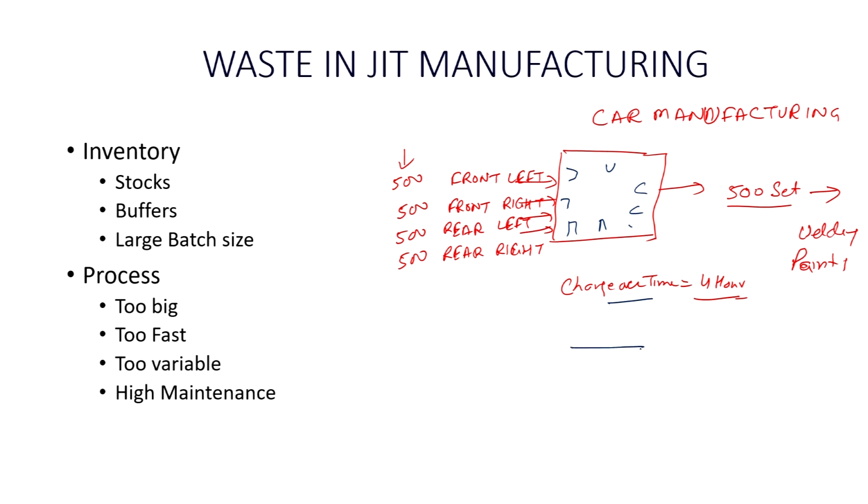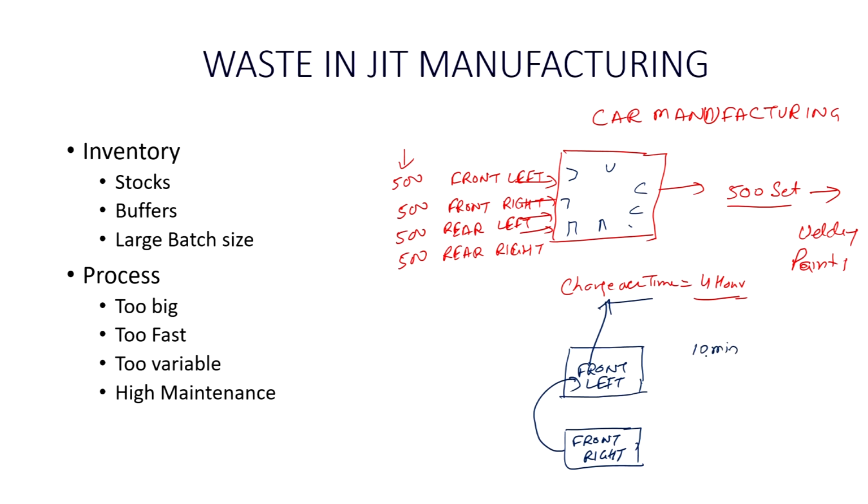Rather, they said this is the die, this is their power press, and this is the die in between which you were changing, making the changes. You replace this die, which is the die for, let us say, your front left. Rather than making the changes in this front left die and making it suitable for front right, you shift it to the outside and let the other die take its place here. So, the whole die is shifted, and there is a rail at the bottom of these dies, so that it can be shifted in 10 minutes only.